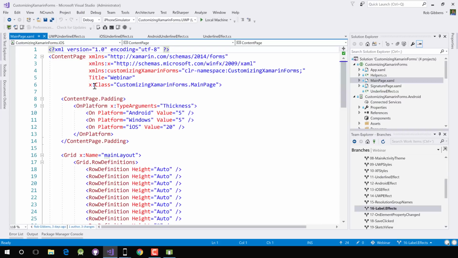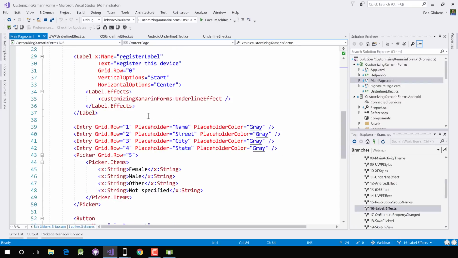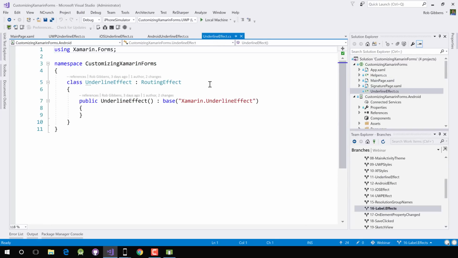And the first thing we want to do is make sure that we have our namespace declared, and that's going to be customizing Xamarin.Forms. If we come down to the label, we're adding our unique effect, our underline effect, to the label.effects collection. We're using that namespace, customizing Xamarin.Forms, and we'll use the underline effect. And the way that that is getting wired up is, if we look at the underline effect, if you remember